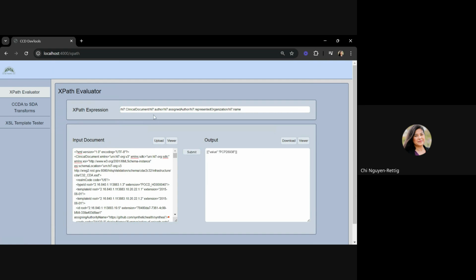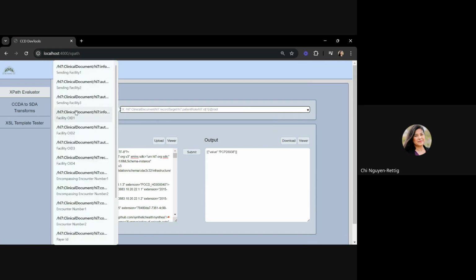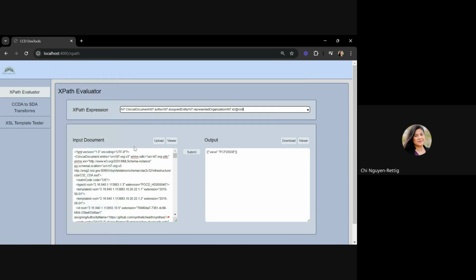So this will help developers inspect the document. Typically, when first receiving a CCD, we like to look for, well, what is the sending facility? What is the facility OID? What are the patient MRNs or encounter numbers? And this is going to help with that process, being able to find that